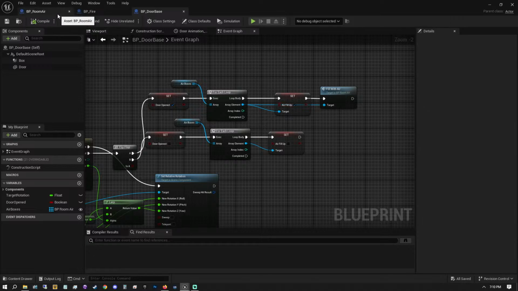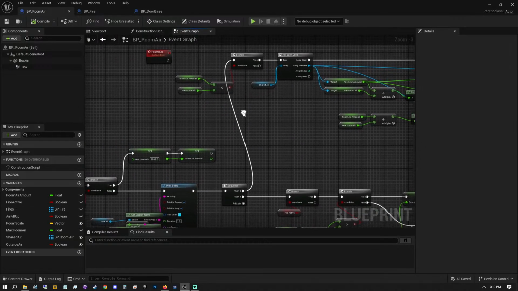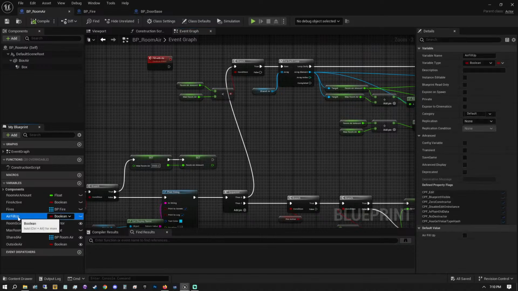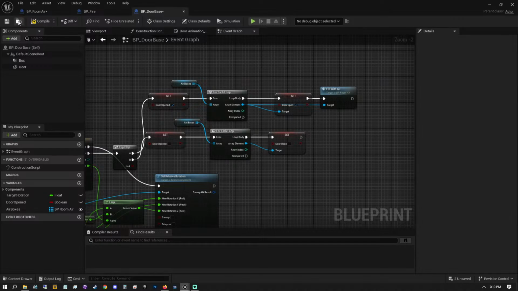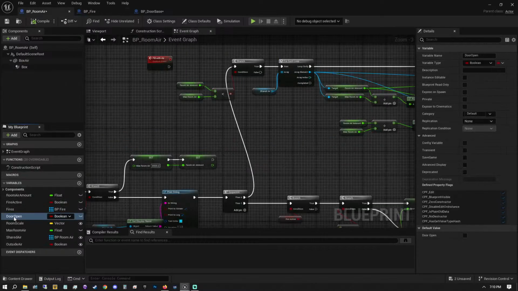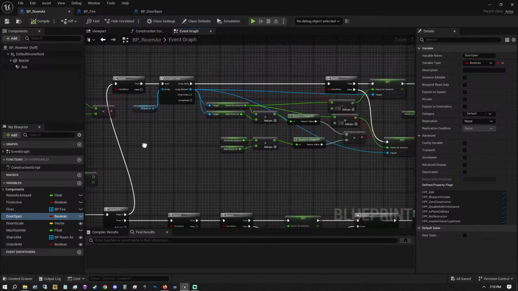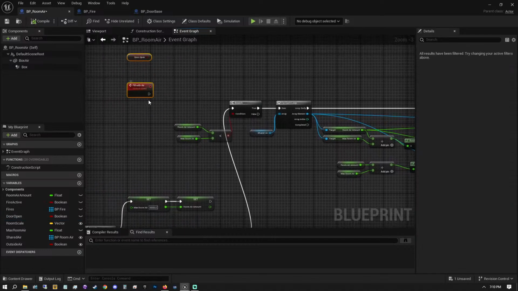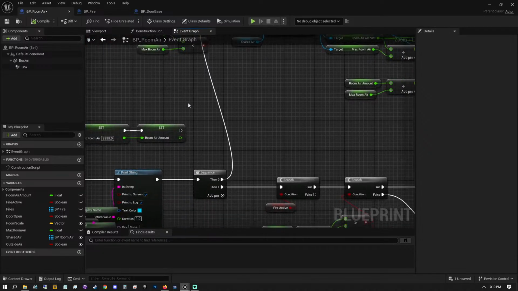Originally I had it called air fill up, but let's call it door open. Okay, and what it needs to do here, is